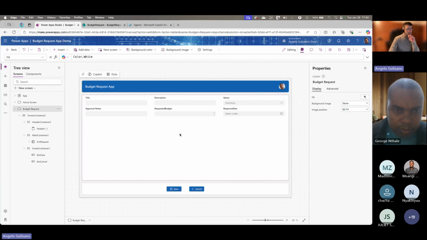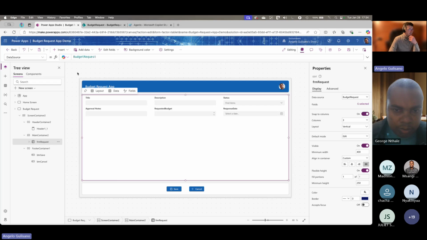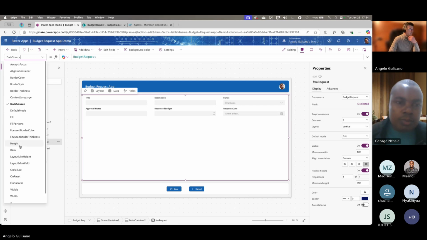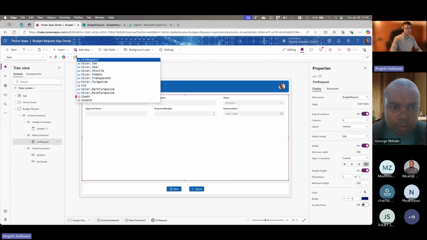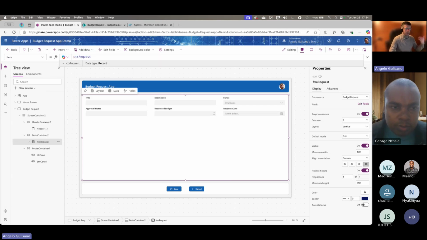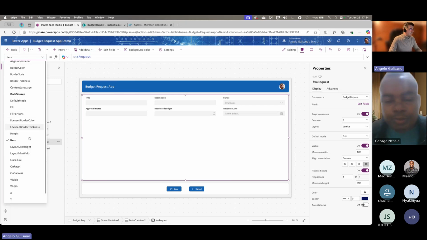Here we can configure our form. We should configure the item properties, which is a CTX request from the previous screen. And we are going to configure also on success.